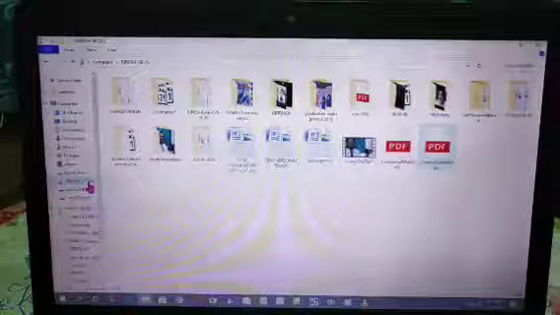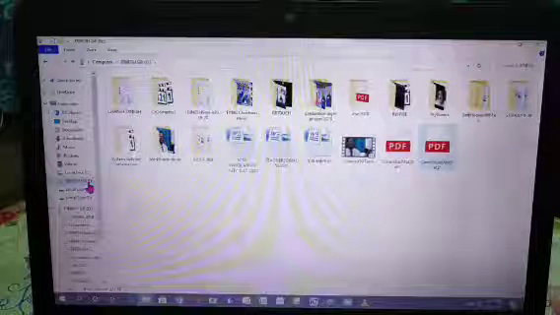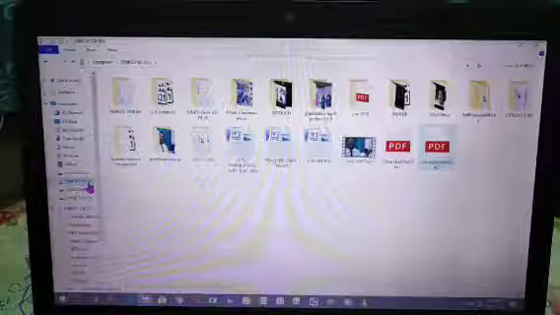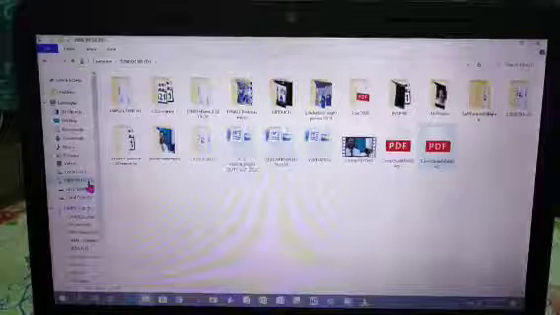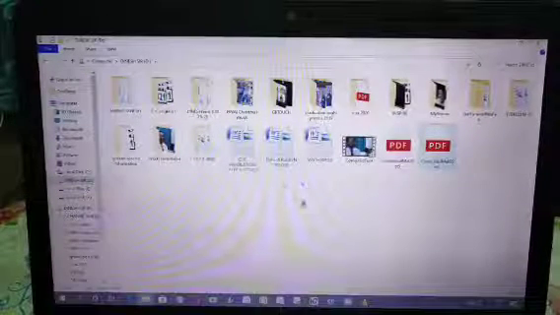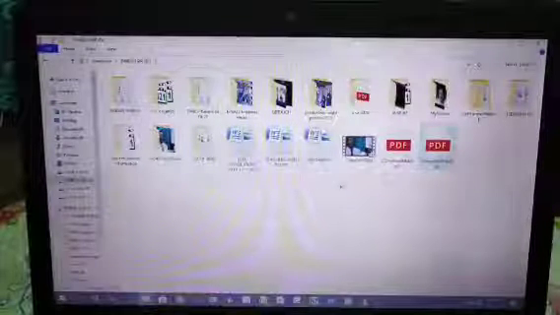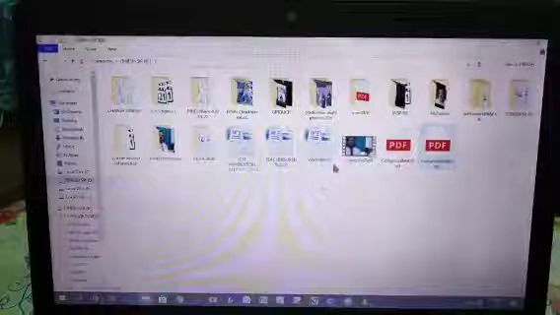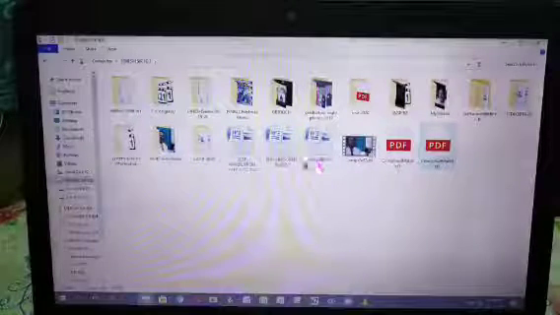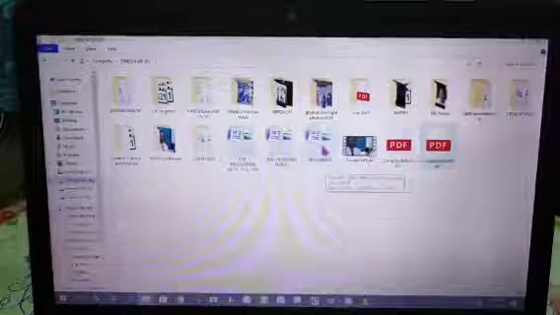Then on page number 24, copying a file from a pen drive to a hard disk drive. Like now we are in the pen drive location. So suppose we have got a file to be copied there, like here we have got this file, suppose we want to copy.